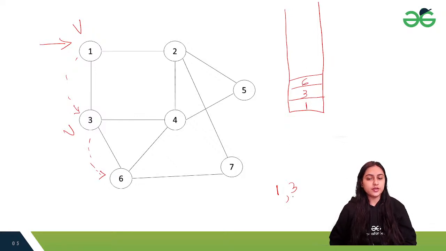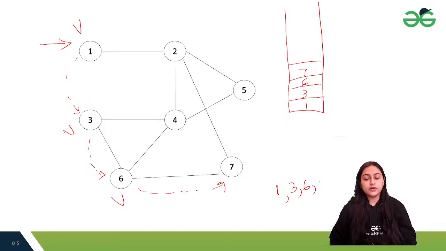ठीक है। 6 हमने पुश किया, 6 को हमने प्रिंट किया और 6 को हमने विजिटेड मार्क कर दिया। नाउ 6 के पास ऑप्शंस क्या क्या हैं, 3, 4, 7। सो 3 तो हमारा विजिटेड था, तो 3 के डायरेक्शन में तो हम नहीं जा सकते। अब हमारे पास क्या ऑप्शन है, या तो 4 या तो 7। सो व्हाट आई एम गोइंग टू डू इज लेट्स गो ऑन 7। हम 7 पे गए, ठीक है। 7 को हमने पुश किया,